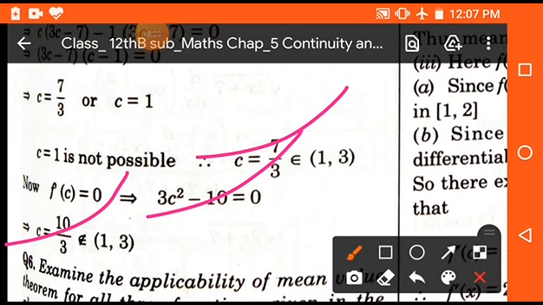So students, you can solve the questions of the exercise related to both theorems, because both theorems are very important and generally asked in the board examination. So you have to practice as much as possible related to this exercise. So students, keep watching the video and take questions related to your exercise and do very well. Thank you very much. Keep watching.